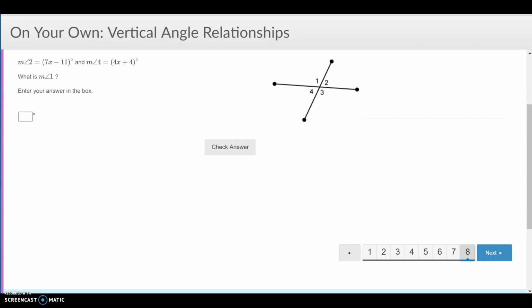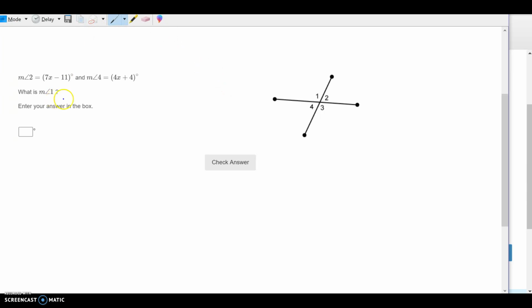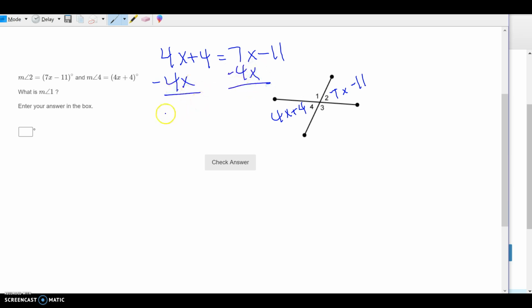Alright, here's another one. Let's try this one. This is like the one we did before. Let's see if we can get it this time. Alright. So 2 and 4 are vertical pairs. This is 7x minus 11 and 4x plus 4. Alright, and we set those equal to each other. 4x plus 4 equals 7x minus 11. Subtract 4x on both sides. We get 4